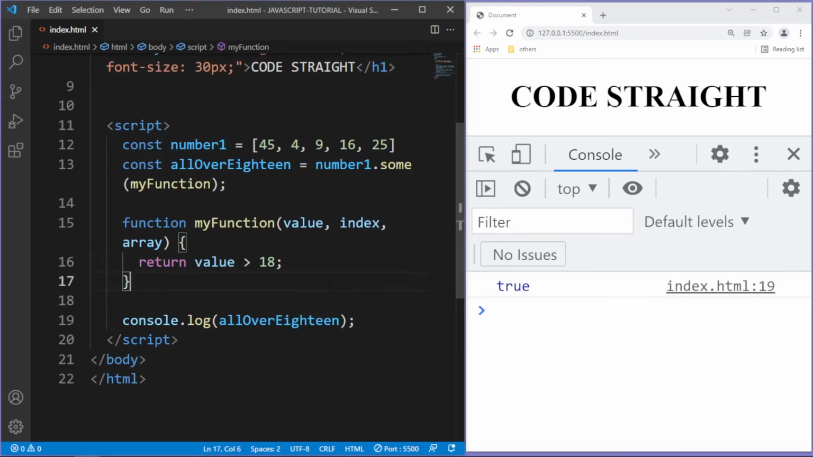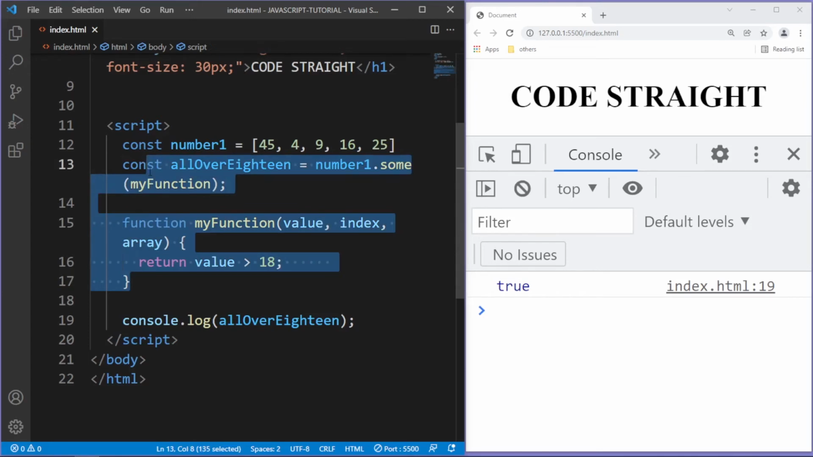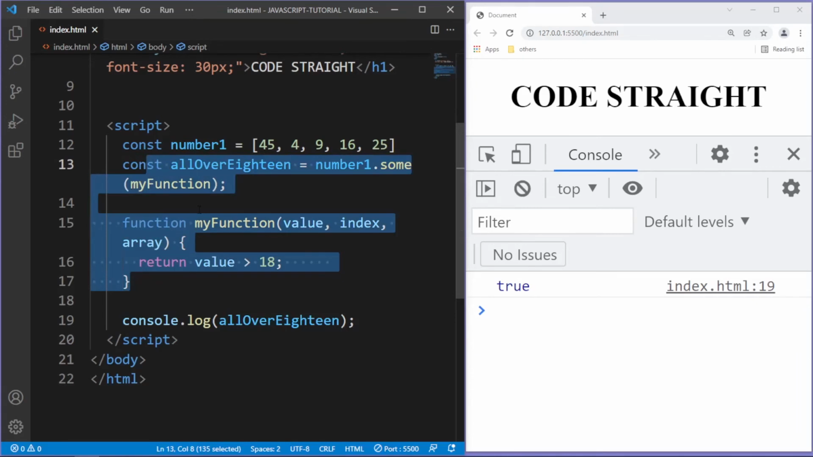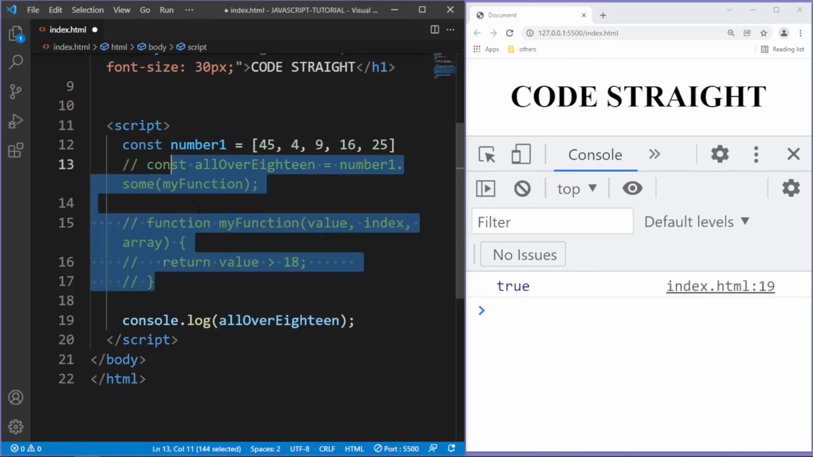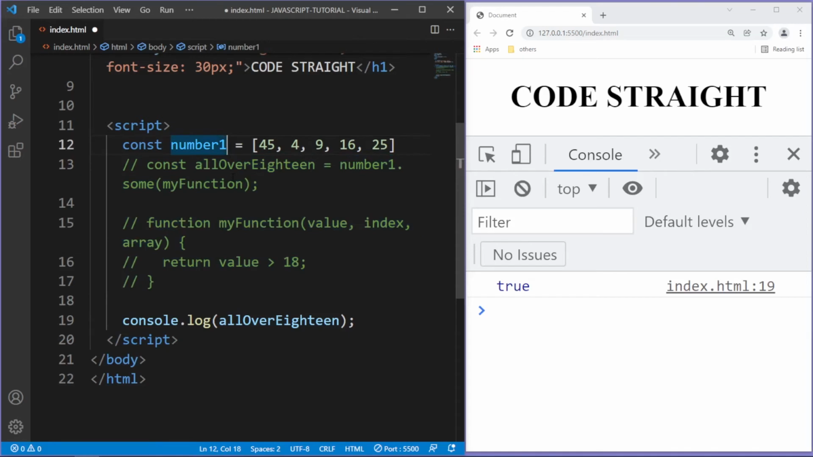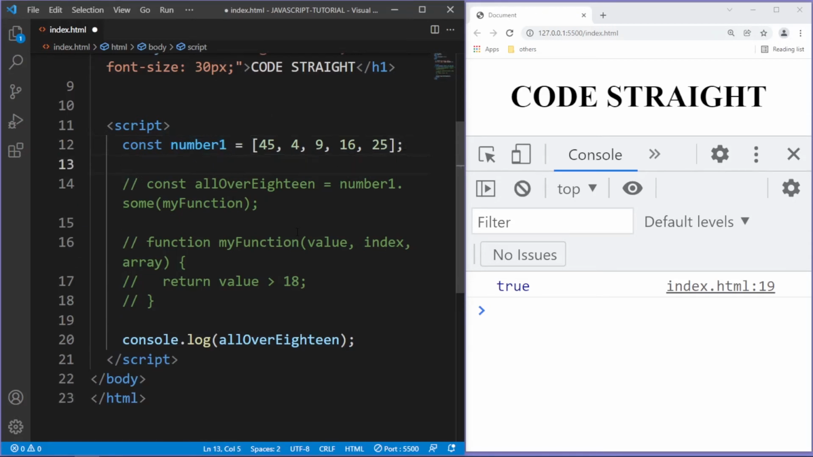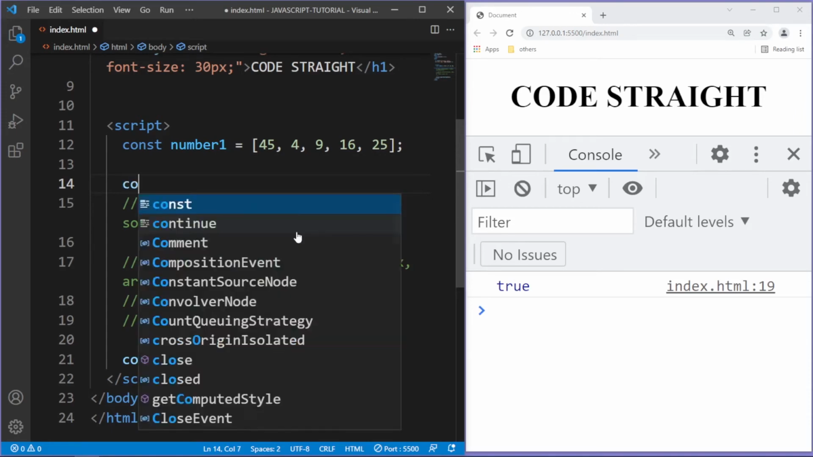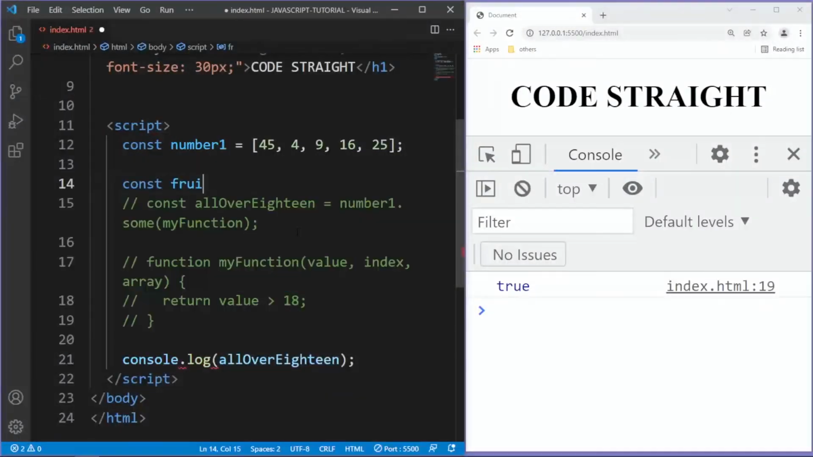Now I'm gonna make some changes here. Let's comment out these lines of code, and I'm gonna copy this line of code, and I'm gonna make another array here, const fruits equals apple, comma